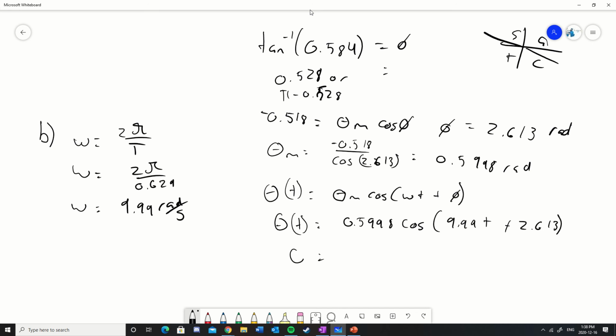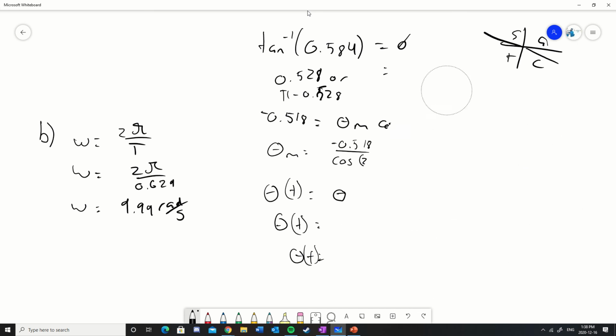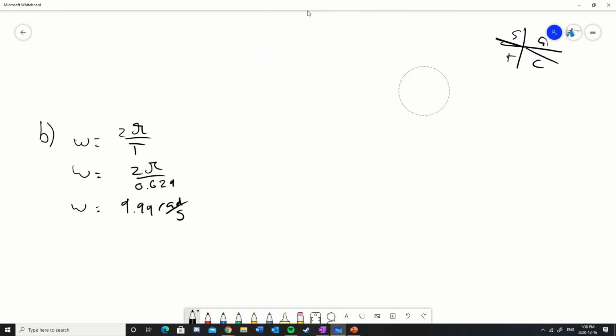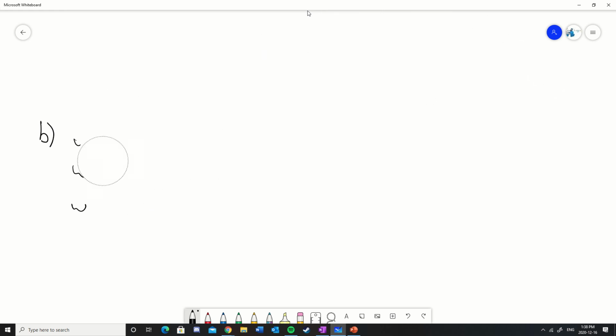And now let's worry about significant digits. Simplify this a bit. And we find that this is equivalent to 0.600 cos, that's already correct, plus 2.61. And that is our equation for part B. Now, that's out of the way. Let's make some room for the next part, in which we have to find